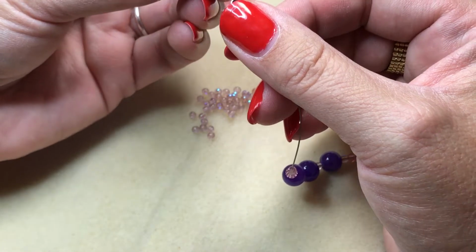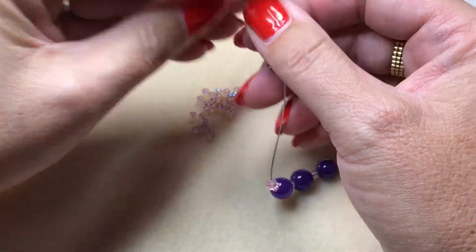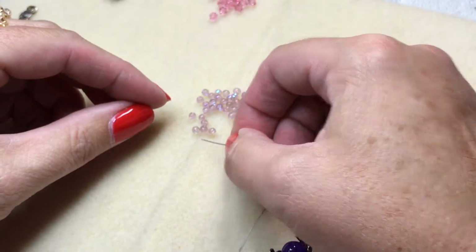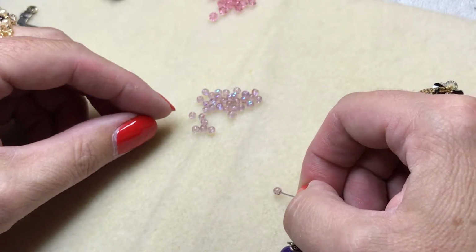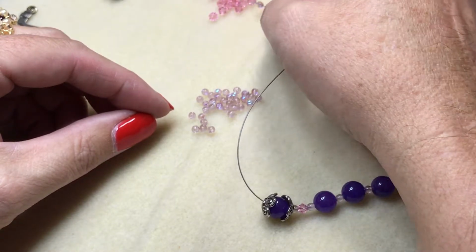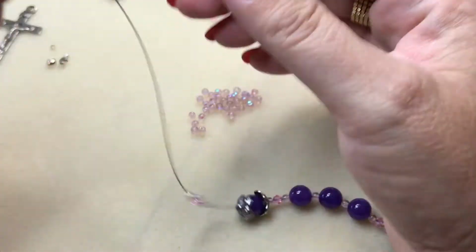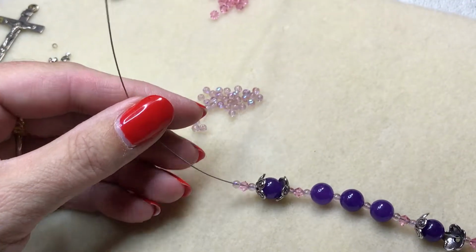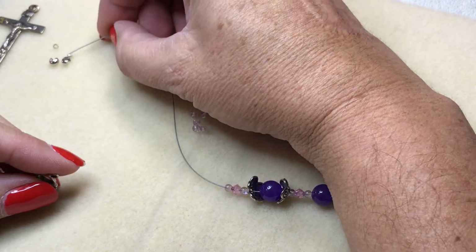large bead here. And then our last 3 beads, if I can get it on there. Okay, so now we still have it on the string. I'm sorry about messing with that camera there. All right, and then